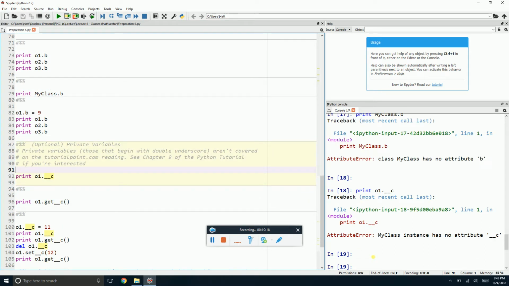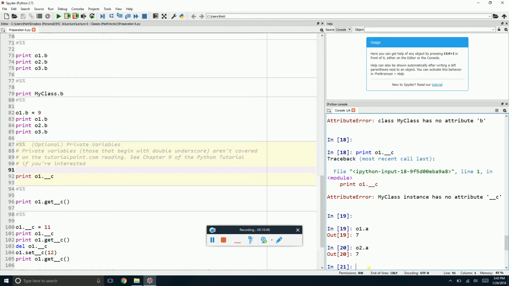Error. Now, in IPython, not the regular Python console, but the IPython console, there's a helpful little feature where you can type the name of the object, dot, and press tab, and you'll see the list of different things that you can do. So there's o1.a, we know about that. There's o1.b, both of those. I guess o1.a, interesting, that's how it refers to myClass.a. Right, because o1.a is the same as o2.a. Yeah, okay. But there's o1.b, which is our instance variable from before, but it also tells me there's this getC